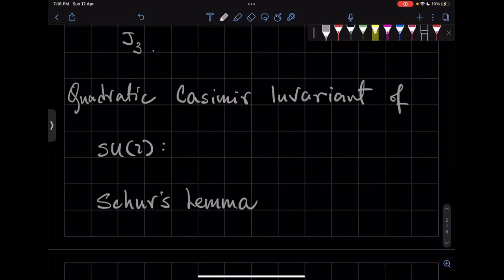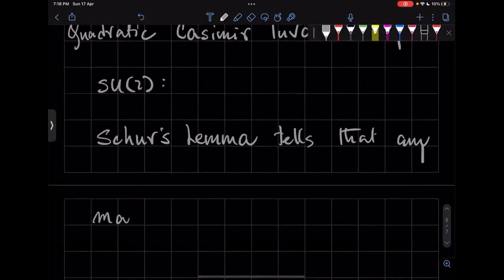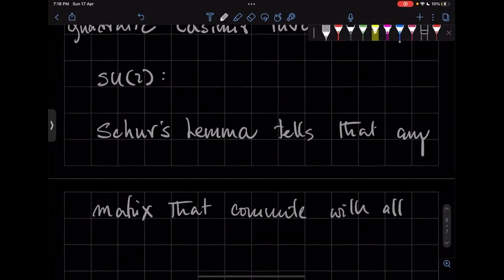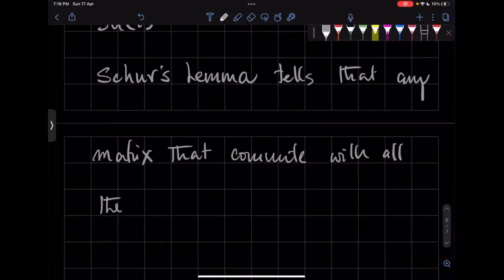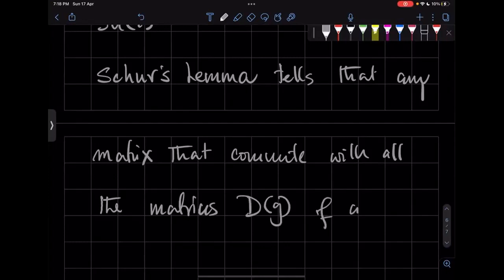Now, Schur's lemma tells us that any matrix that commutes with all the matrices, say D of G, of a representation,